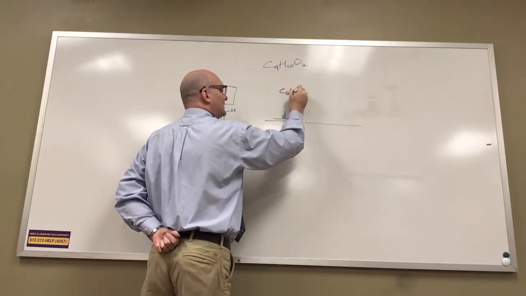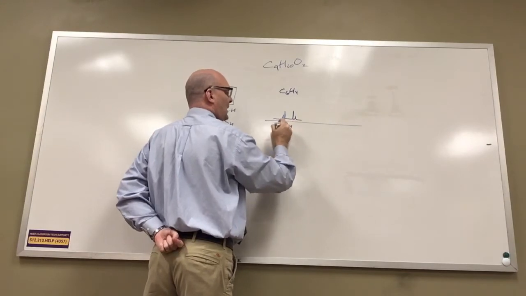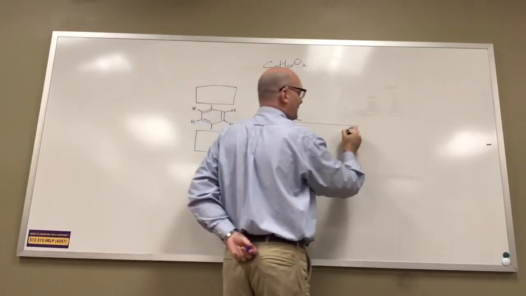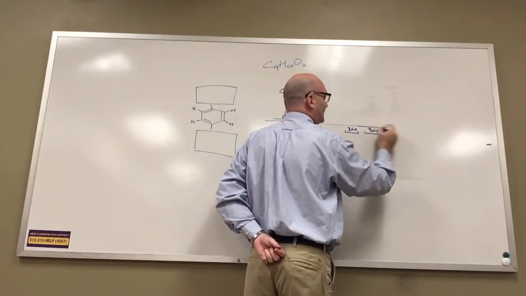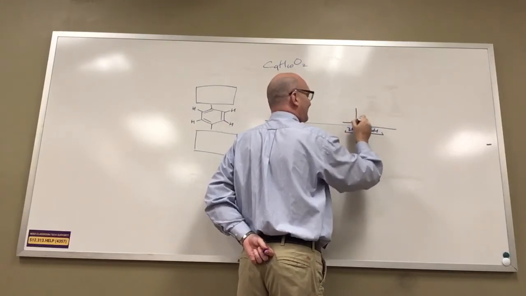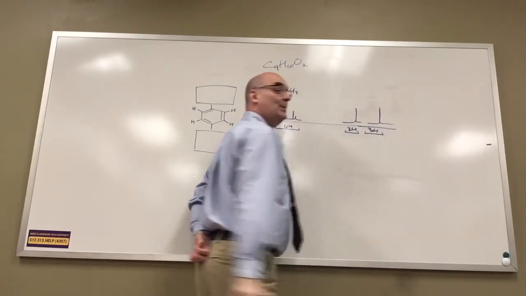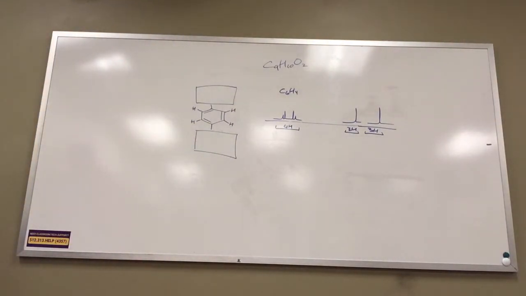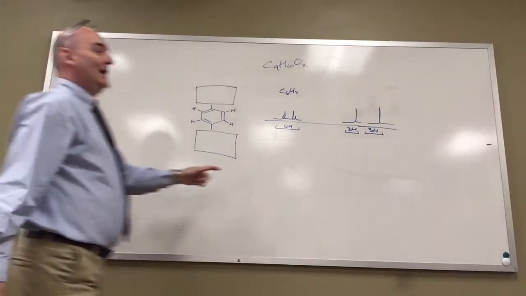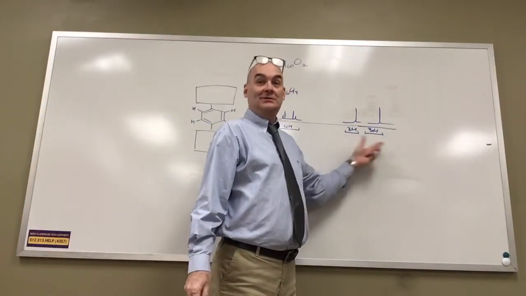This right here is C6H4. So that's a 4 hydrogen signal. And then I have a 3 hydrogen signal, and another 3 hydrogen signal. And they're both singlets. If a signal is a singlet, what does that mean? It has no hydrogens as neighbors. Okay. And it has 3 hydrogens in it, so it means this is